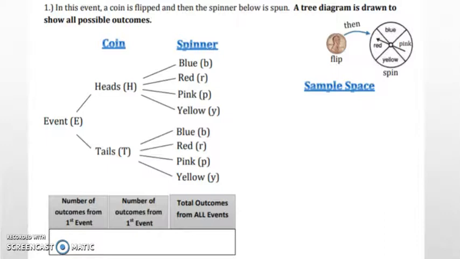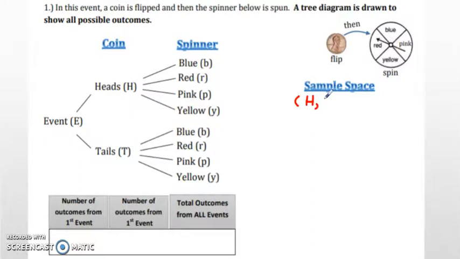In our first example, we are flipping a coin and a spinner is being spun. The tree diagram has already been drawn for you, and it lists all of the possible outcomes. The sample space, right over here, is where you can organize your abbreviation for the events that happen in the first round and the events that happen in the second round. So our first sample space would be,